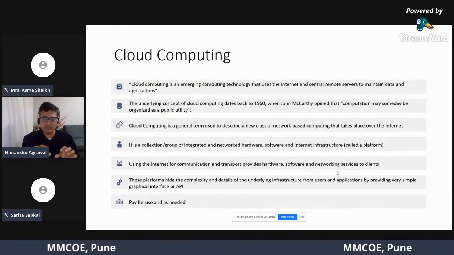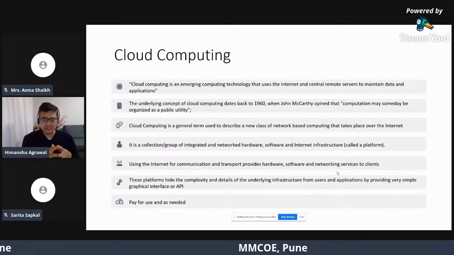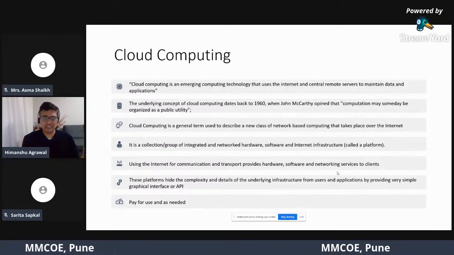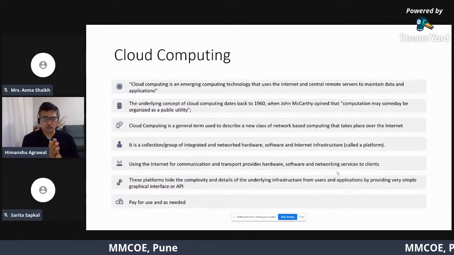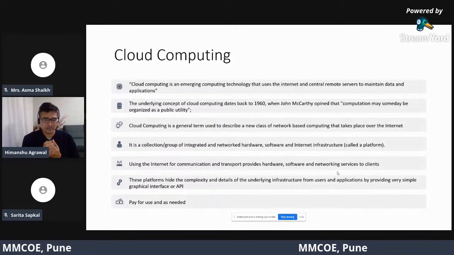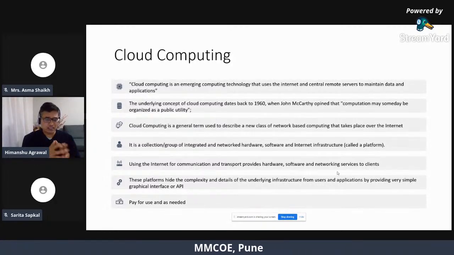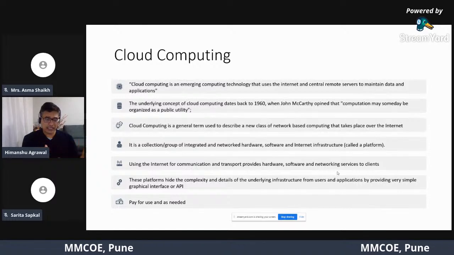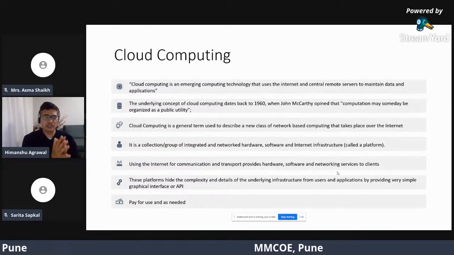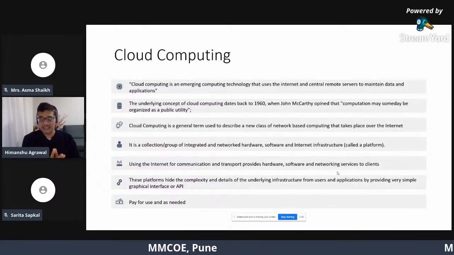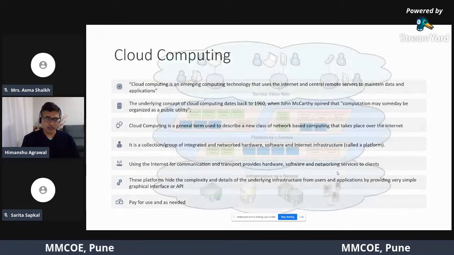If you are a small company, you have a certain set of requirements for cloud resources. If you are a medium sized company, you can expect these many resources from the cloud service providers. The best part of the cloud platform is you can scale according to your requirement in future, and enjoy this pay for use and as needed kind of model.